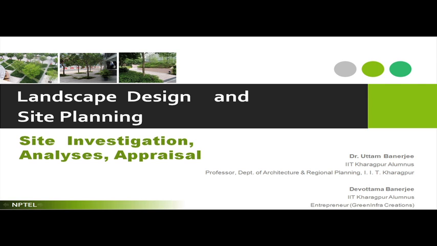Whenever we are trying to design a landscape, we have been given a site, owned by our sponsor. We say a typical term called client. The client has a site which he wants to develop as a landscape project, and you are the designer. You have been approached by the client for designing this particular landscape. Try to understand this. Once he comes to you and expresses the kind of design, then